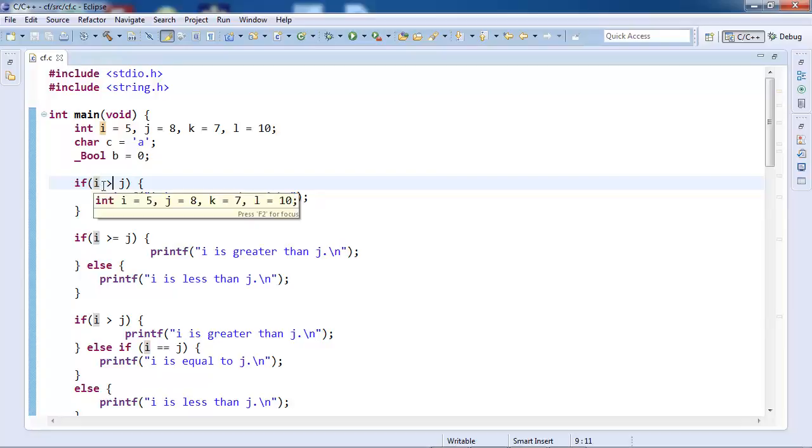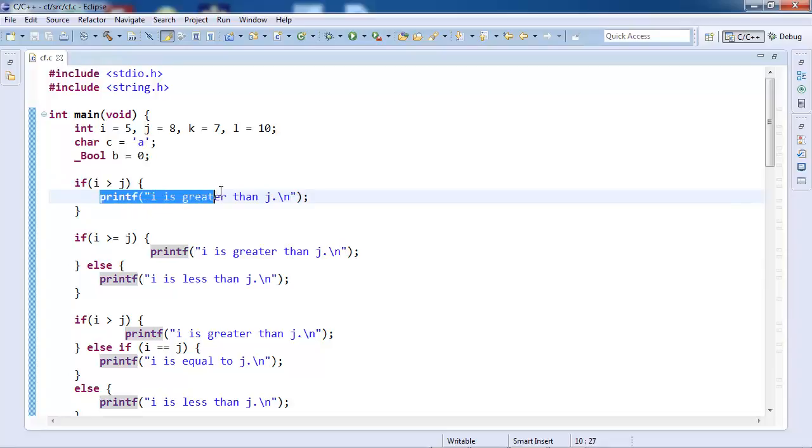So is 5 greater than 8? No. So this becomes false, right? That means the Boolean value is 0, and therefore this printf will not print the string inside the function. Okay, so far so good.